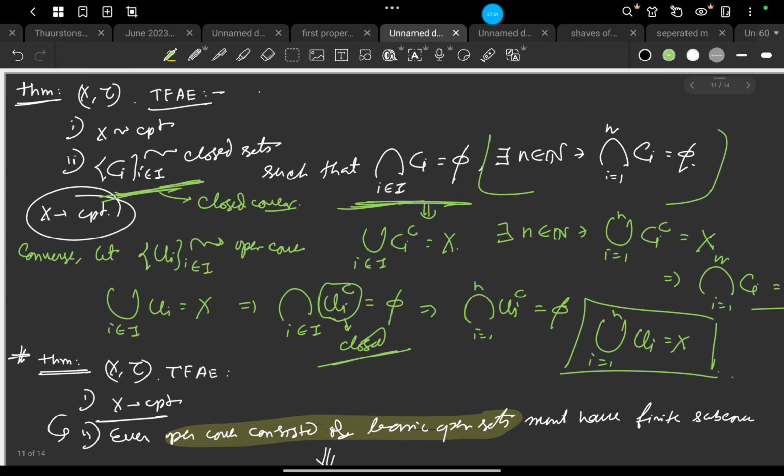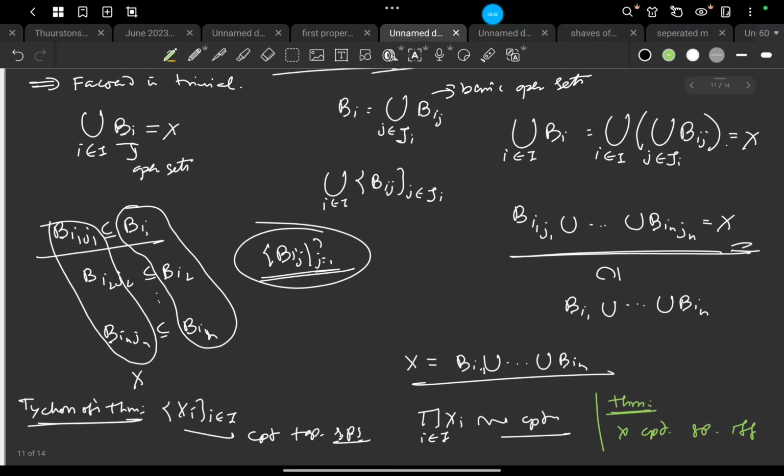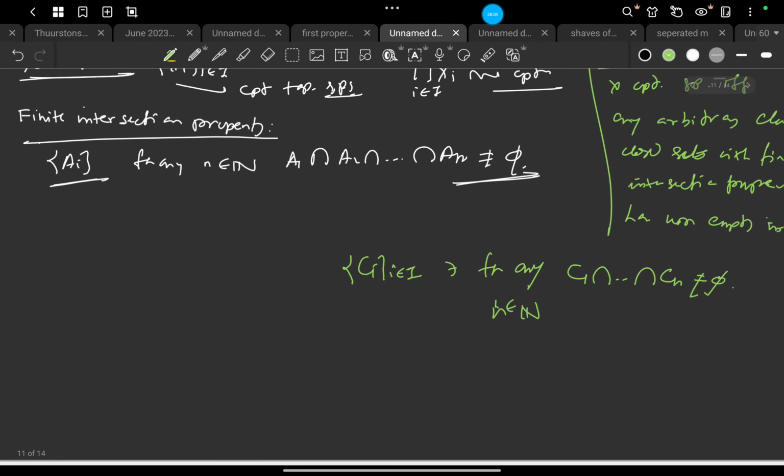But we have assumed that this holds, so the entire intersection of C_i over i in I has to be non-empty.